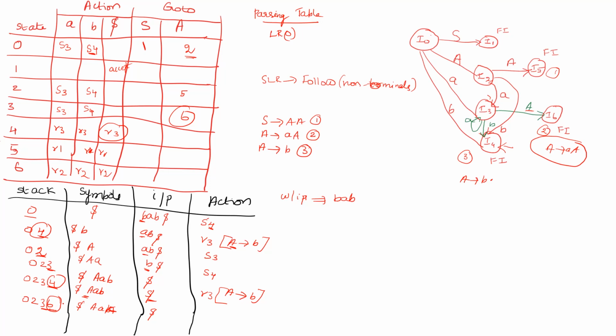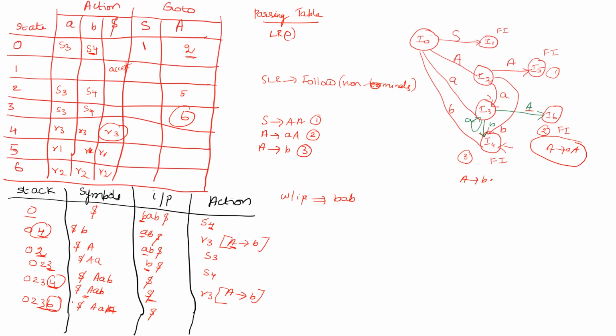So now what we have is, we have to check A on 3. So this has been popped out, so you have to check 3 on A. What is 3 on capital A? It is 6. So that's why we have added that actually. And now we have to check 6 on dollar symbol.